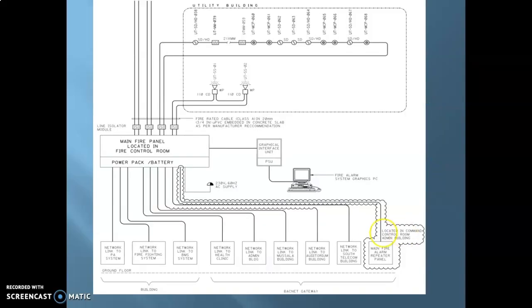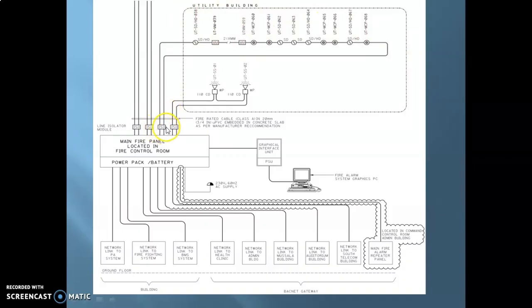So here we have a single line diagram, or the riser diagram, shown over here. As you can see, you've got a loop that starts from here. This is the first device, then the second device, which is a smoke or heat detector. Smoke slash heat means it's a combination detector. Then a monitor module, and then another monitor module. Then you have the manual pull station, or manual call point. Then the other smoke detector, and all these devices are connected in this particular loop, and then it just returns back to the panel.